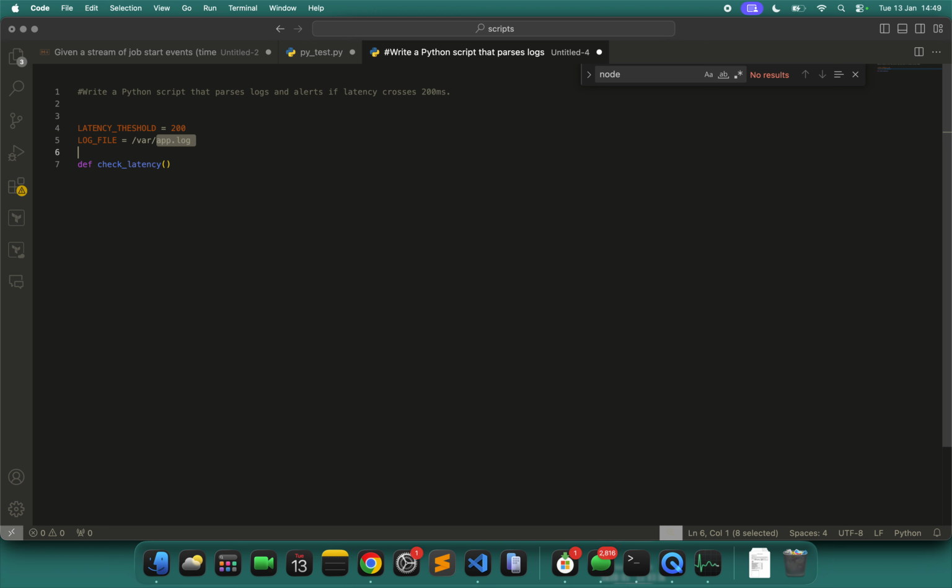Let's see the path as of now. Alert now with open log file web.log.